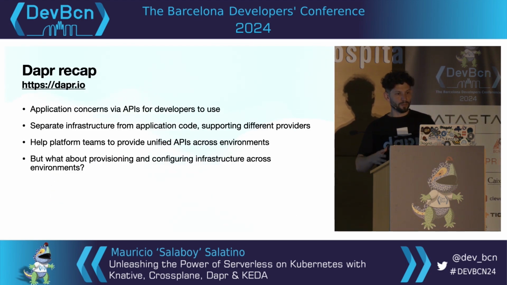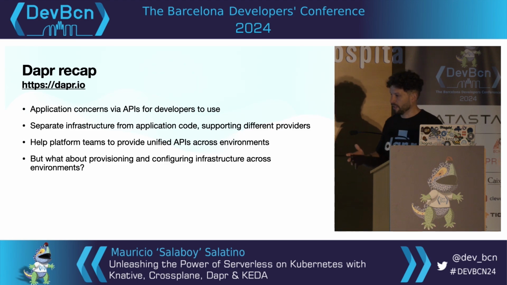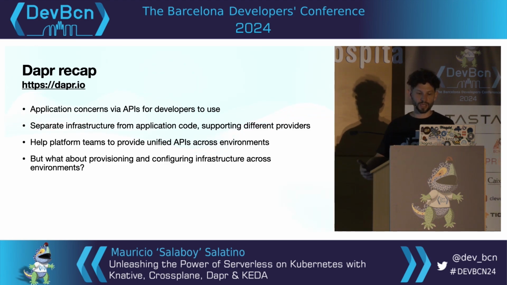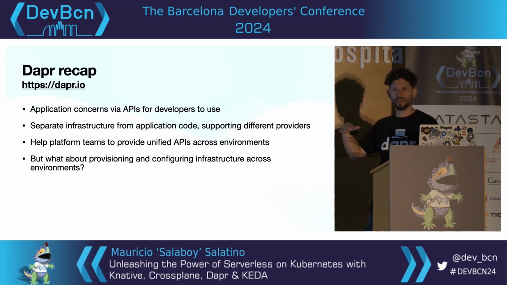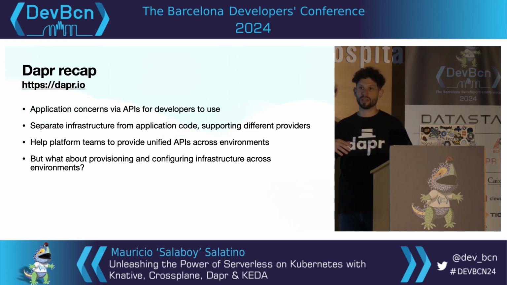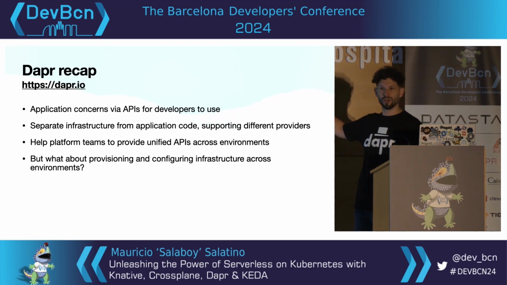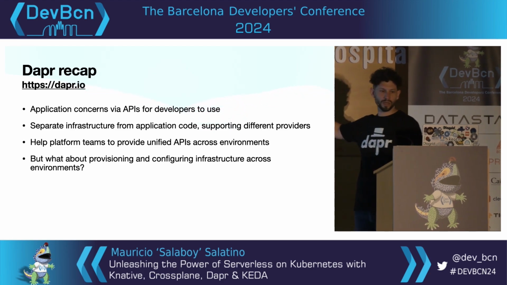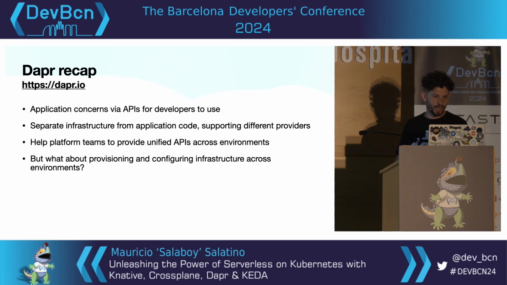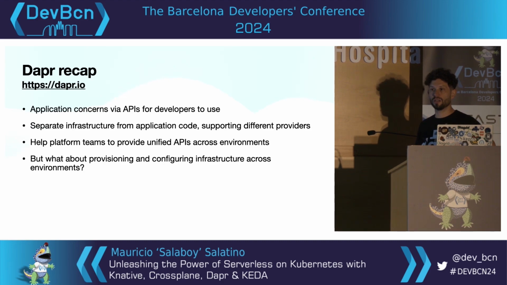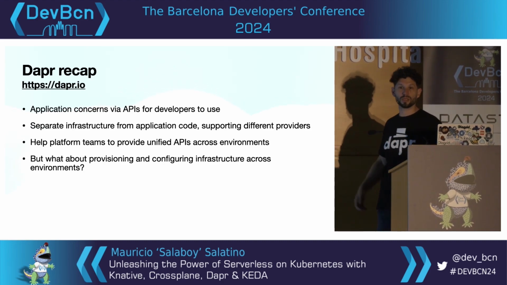From a Dapr point of view, again, I've shown you a bunch of things. Usually this project will not make any sense unless you go and give it a try. If you take a look at the book, it has a bunch of repositories that show all these projects in action, so you can run them on your own laptop and experiment with an example application. Not similar to the one that I'm showing here, but close enough. And again, this project makes sense when you want to enable developers to do more without learning about complex environments or cloud provider stuff.